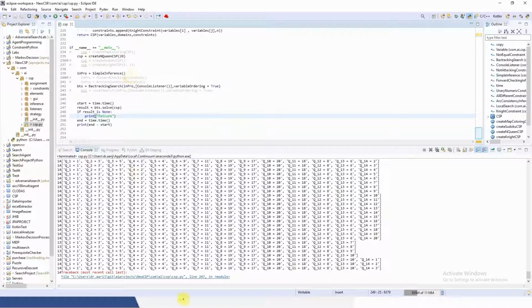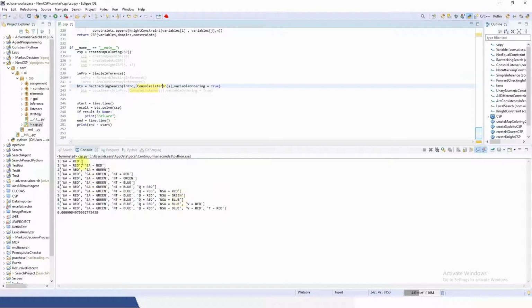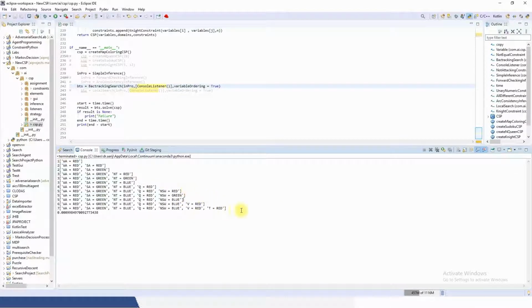So again, map coloring. If you can see the map coloring as well, if I can show you the map coloring CSV. So the same Australian map. So can we start with Western Australia red, and you can see, okay, in very simple time we can find a solution for the map coloring problem as well. So you can probably go through this